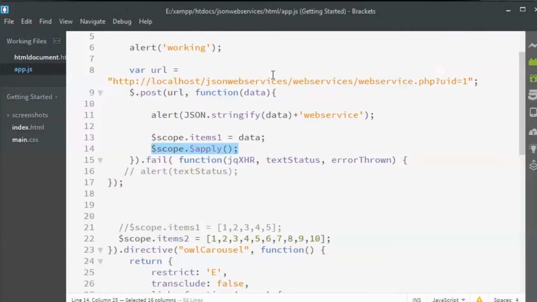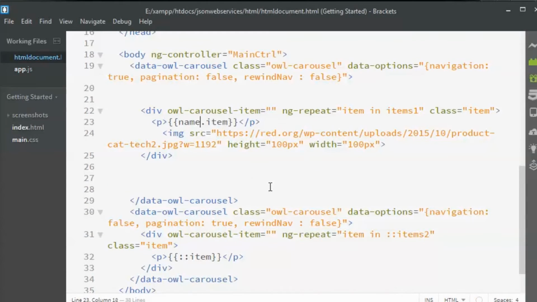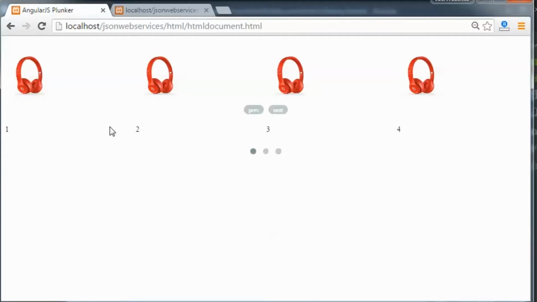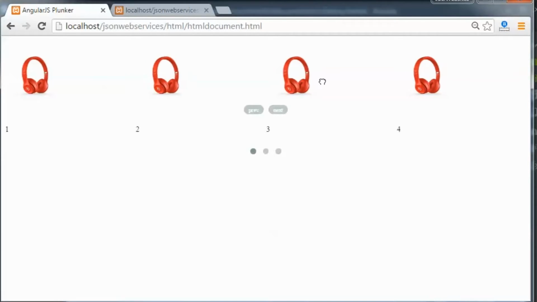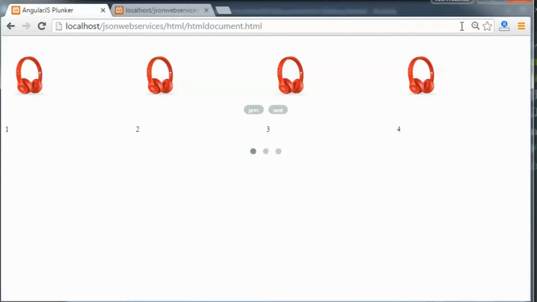So let us type in the ng-src directive in the image source and see if it helps. First, let us see if there is a name item. We can't really see it for now. I'll have to check what has gone wrong.